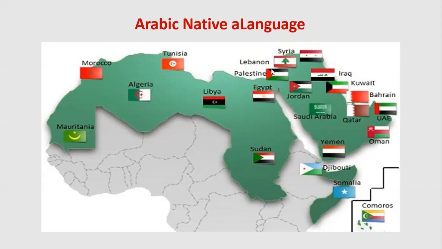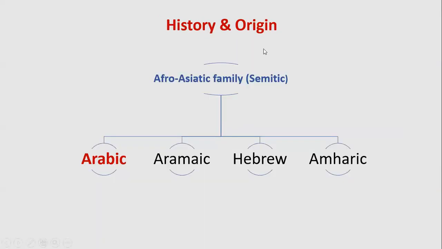We have also Egypt, Lebanon, Palestine, Libya, Tunisia, Algeria, Morocco, Mauritania, and Sudan. We have also here 2 countries, Djibouti and Somalia. Okay. So Arabic is spoken all over these countries, but with different dialects. I mean, a little bit different dialects or accents, but after all, it's Arabic and understood by anyone in these countries.